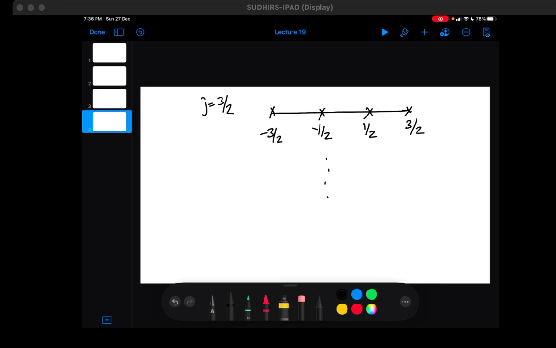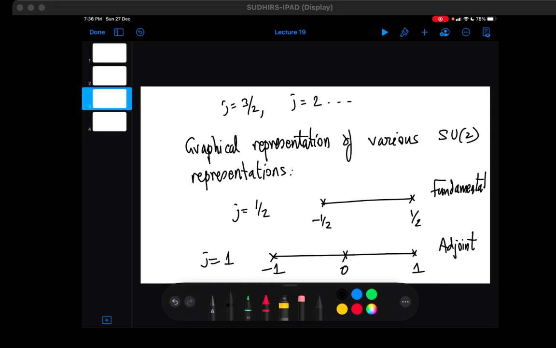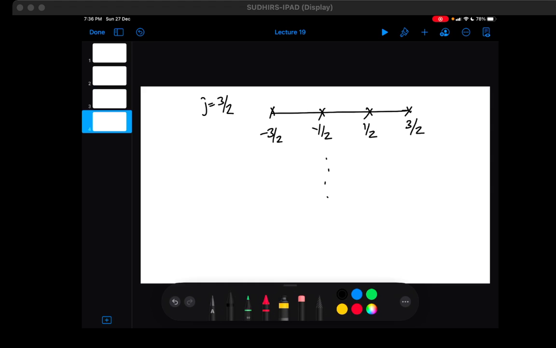Okay, so that's the basic. So various representations of the group can be represented graphically is the basic point I wanted to mention. So I said for SU2 you can have these kind of representations which are graphical, and this will come back to us later on actually. So finally, before I close, I would like to just say that